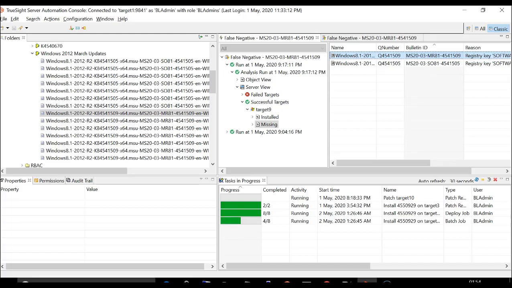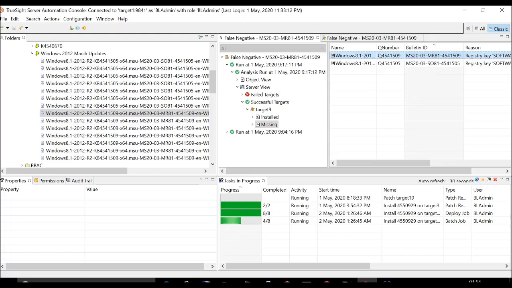A DPD trace is actually a trace that is required by Ivanti. When we are not able to identify why a certain patch is not applicable on the server, there are chances that there is a problem with the Ivanti detection logic. So in order to correct that, we raise a case with Ivanti, and DPD trace logs are required for Ivanti to check the configuration on the operating system and see if their detection logic is correct or not.